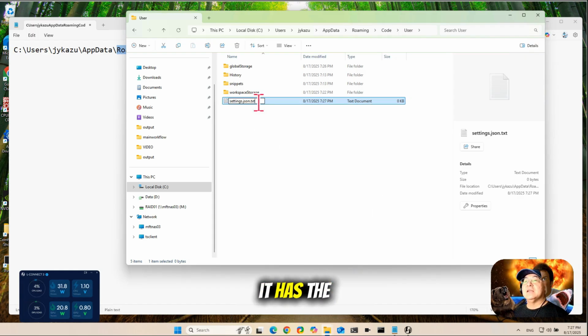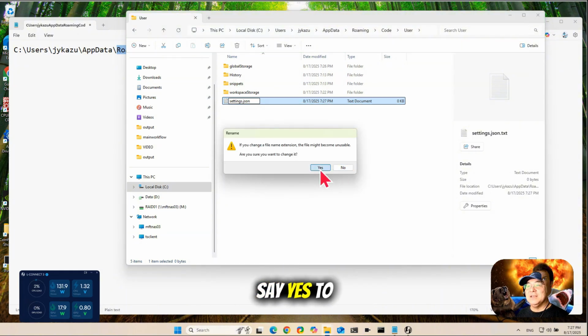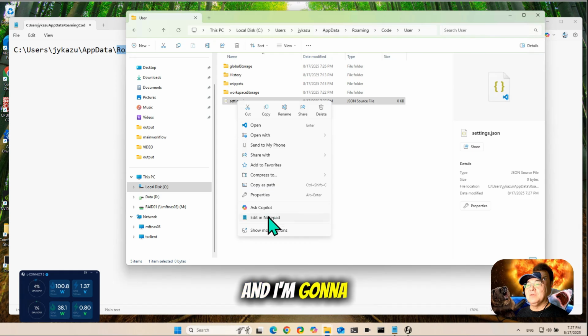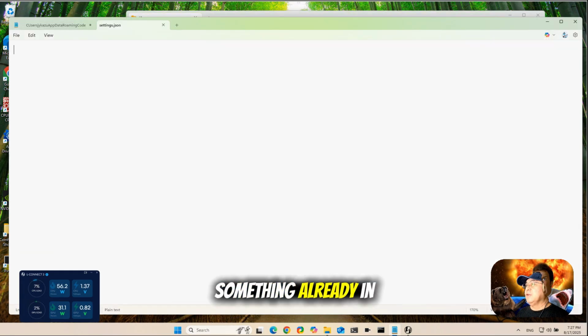If you see it has the extension text, make sure it doesn't. It's a JSON file. Say yes to change the extension. And I'm going to edit this. Now you may have something already in here. My other machine